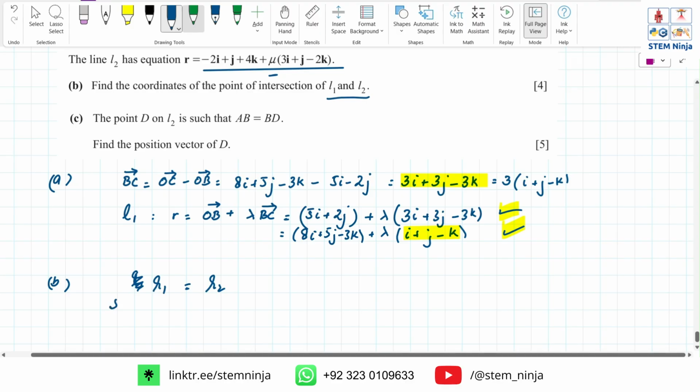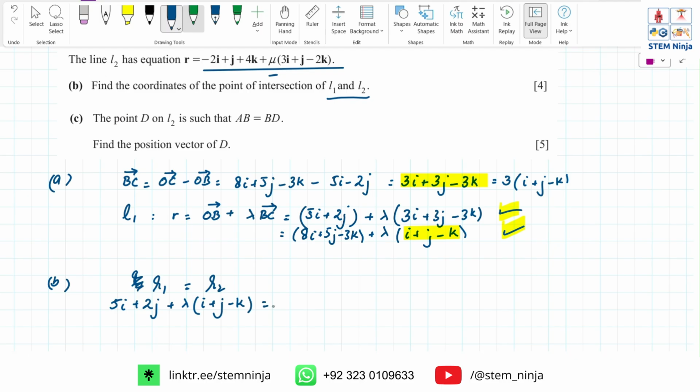So this would be 5i plus 2j plus lambda times (i plus j minus k) equals minus 2i plus j plus 4k plus mu times (3i plus j